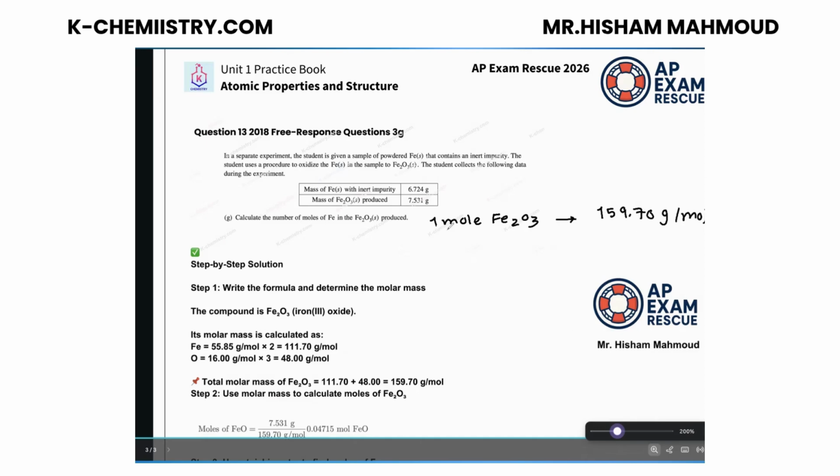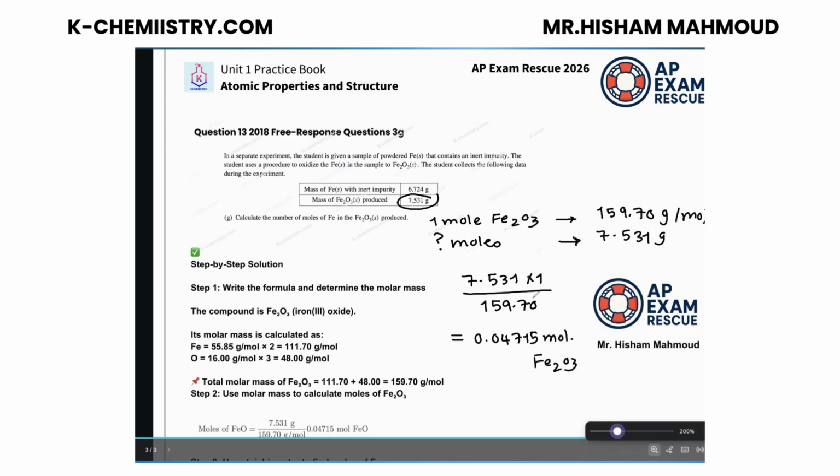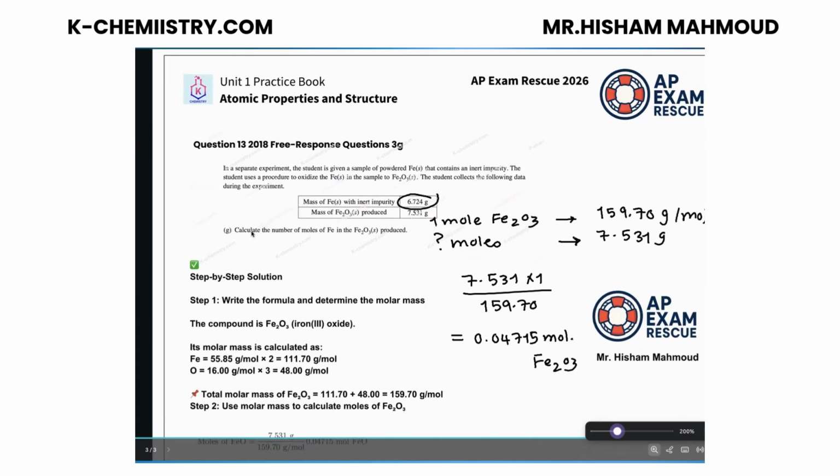So he's asking how many moles do you have if you have this mass, 6.724? No, this is only for iron. So this is the mass that we want, 7.531 grams. So all you need to do is a cross multiplication. 7.531 multiplied by 1 divided by 159.70. That's equivalent to 0.04715 moles of Fe₂O₃. This is very good because it's going to help us a lot in order to find the number of